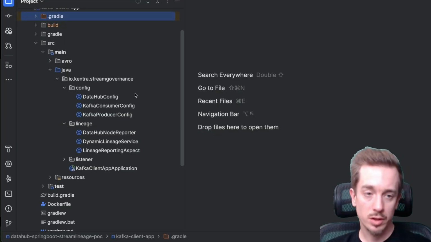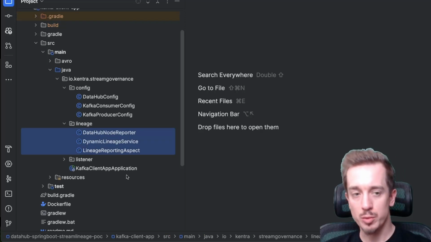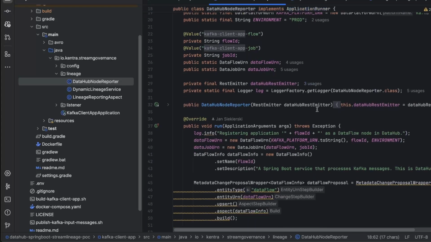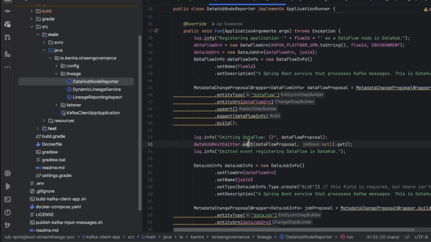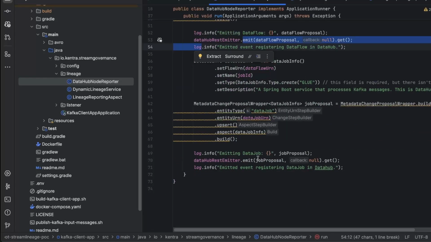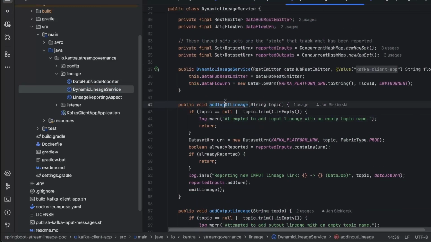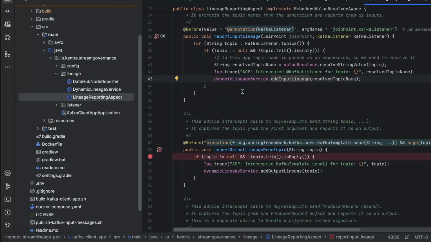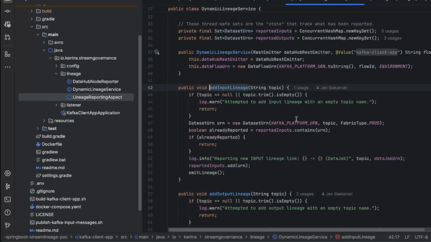The solution is designed to have minimal development overhead. It only has a few configuration classes that report your lineage. So the way it works is in the beginning you register your processors as nodes. In the solution, one service is one node. And then a stateful bean registers all of the topics you're consuming from in the service and the topics you're publishing to. And using aspect-oriented programming, you intercept the consumption and production events, build a list of topics in the